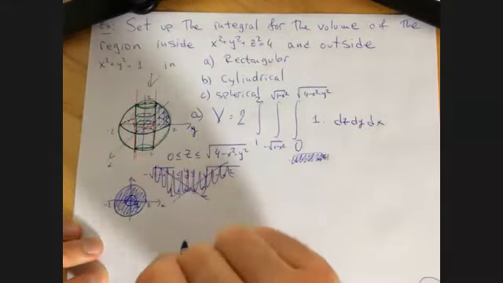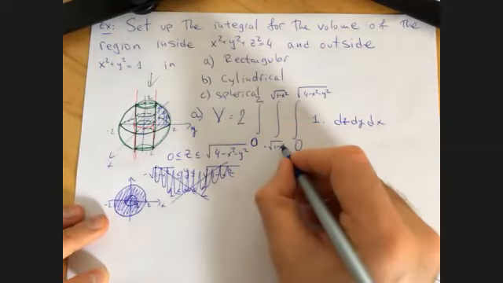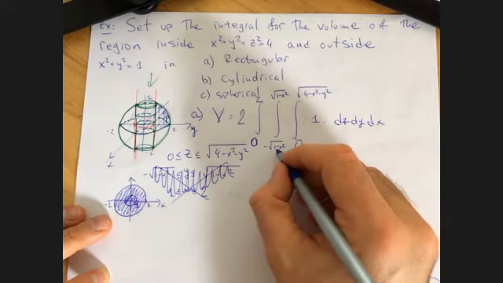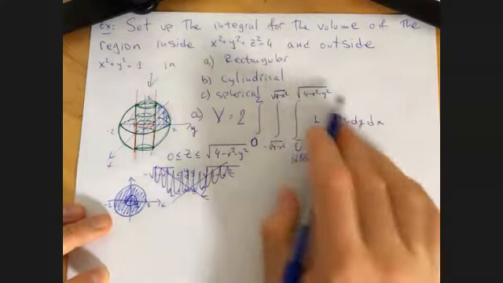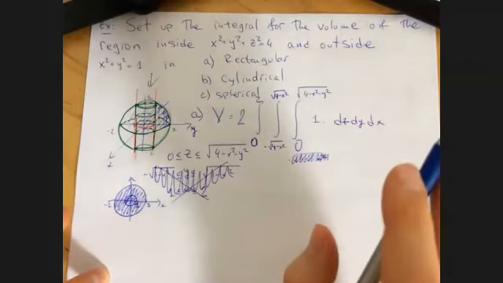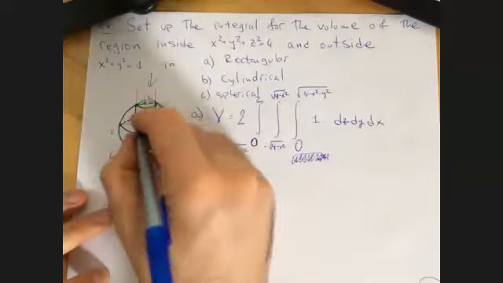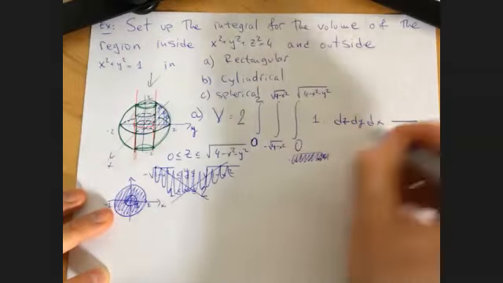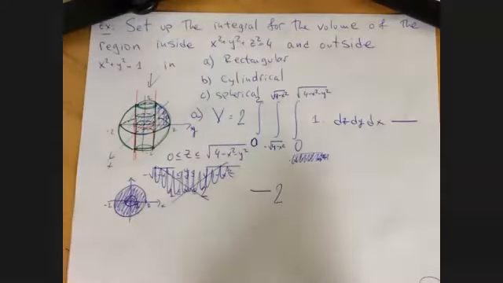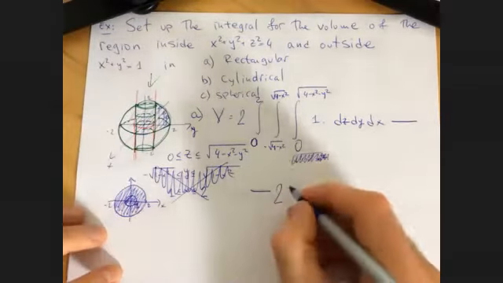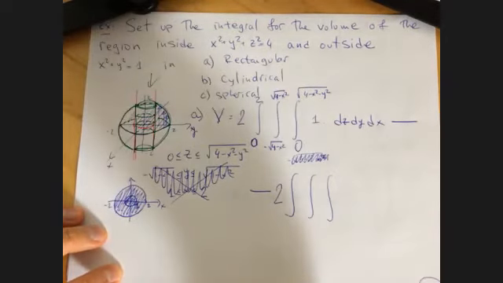So 2 times x goes from 0 to 2, right? And then y goes from 4 minus x squared to this. This is the volume of the sphere. That is correct, right? Yes, that is correct, of the sphere. Minus the volume of the cylinder. That would work. Minus 2 times